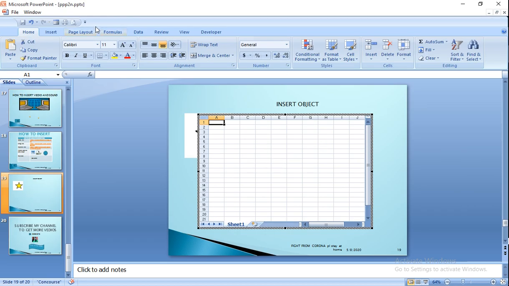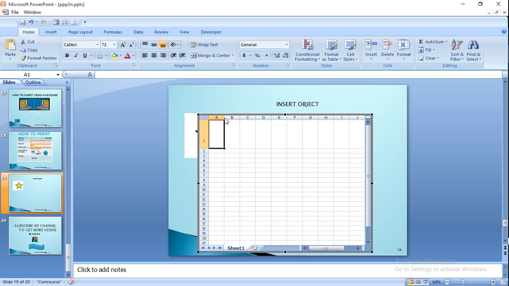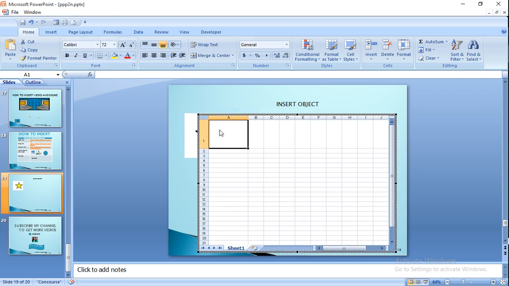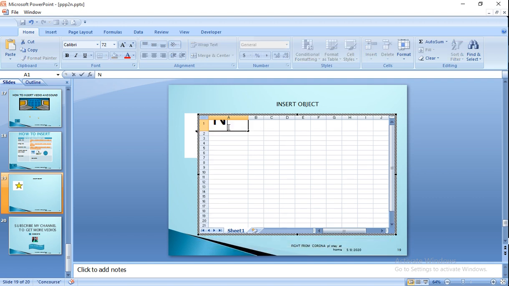So increase the size of the font and here you write name. It is too big, so decrease it. Name, here you write age.